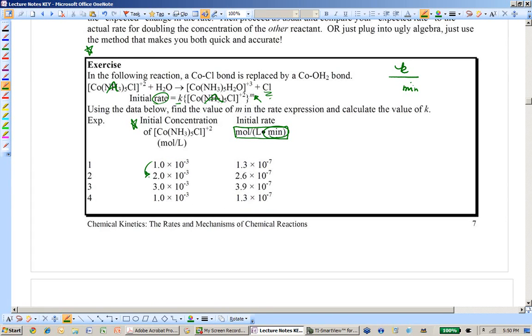But if I double the concentration of the reactant from 1 times 10 to the minus 3 to 2 times 10 to the minus 3, the rate doubles. So if I double this, the rate doubles. If I triple it, the rate triples. So it's first order. So rate equals K concentration, and because it's in square brackets, we put curly brackets,